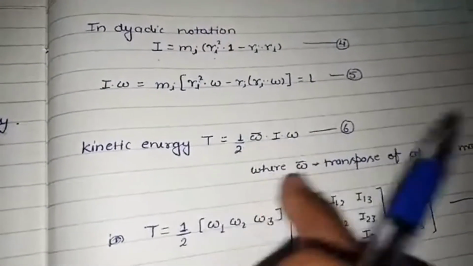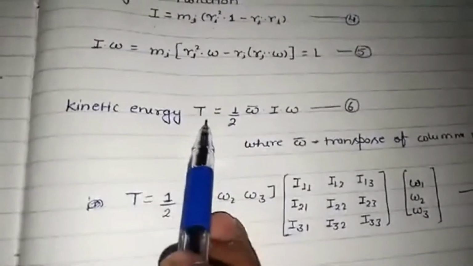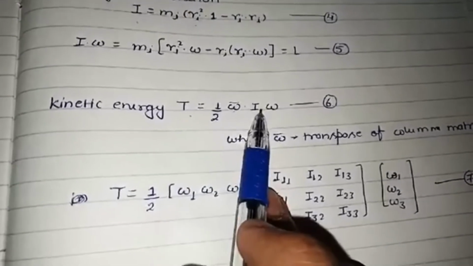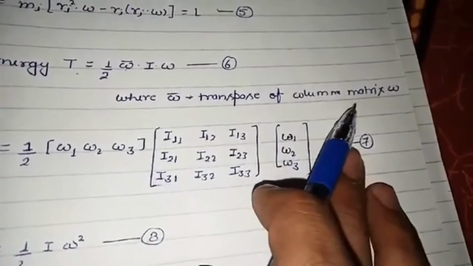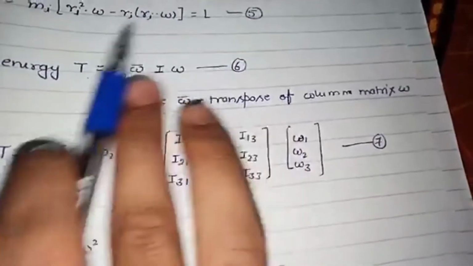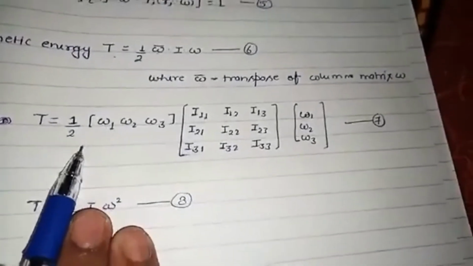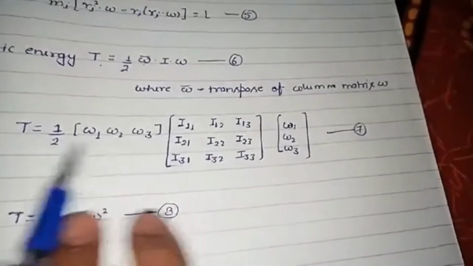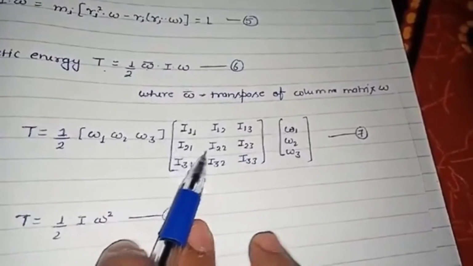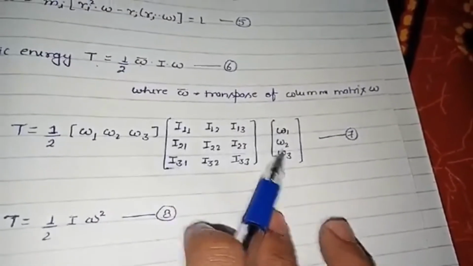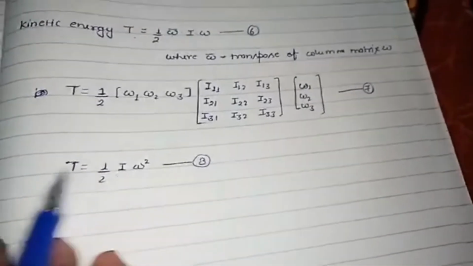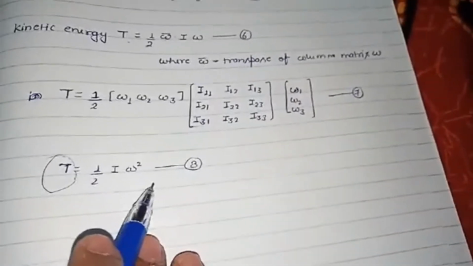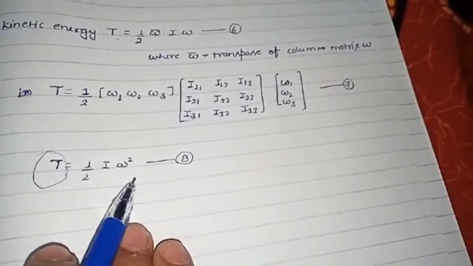इन टर्म्स ऑफ इनर्शिया टेंसर, द काइनेटिक एनर्जी को हम किस तरह से दिखा सकते हैं, T is equal to ½ ω̃ I ω, ω स्क्वायर होता है। सो यहाँ पर ω बार क्या है, ट्रांसपोज ऑफ कॉलम मैट्रिक्स ω। सो इसका ये ट्रांसपोज होगा। सो हम इसे एक्सपेंडेड फॉर्म में लिखते हैं, T is equal to ½ ट्रांसपोज कर लेते हैं इसका, और I को भी मैट्रिक्स फॉर्म में और ω को इस फॉर्म में। सो कॉम्पैक्ट फॉर्म इसका यही होता है। सो वेयर T इज स्केलर, ये T स्केलर है।